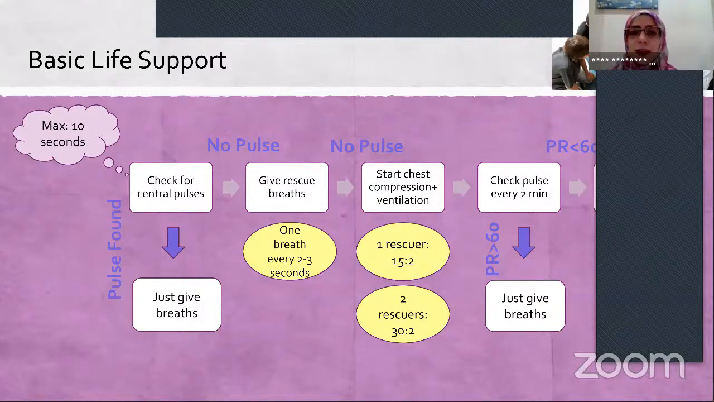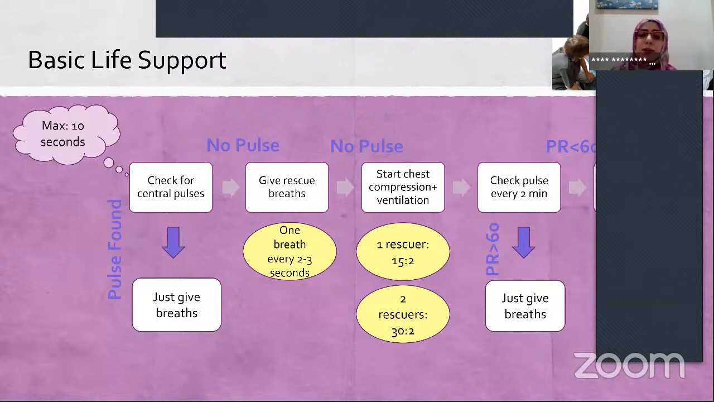First of all, you will give a rescue breath. It means that you will give one breath every 2 to 3 seconds. Okay, every 2 to 3 seconds, you will give one breath, and you are hoping that after 2 minutes, your child's circulation will be back. Okay, so you will continue doing that for 2 minutes, and then after 2 minutes, you will check again for